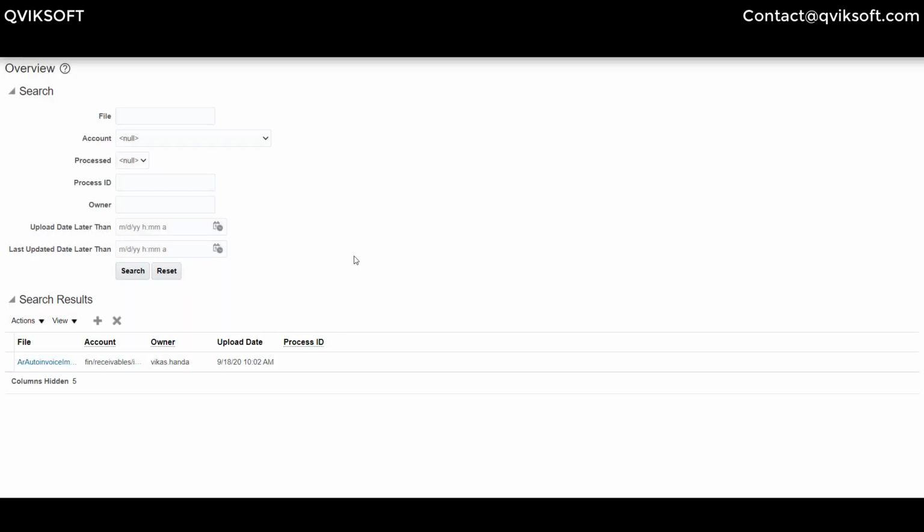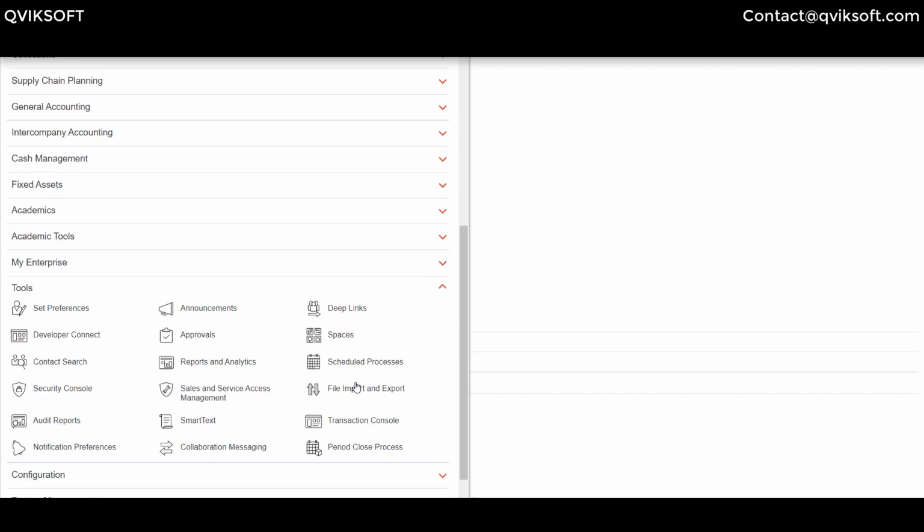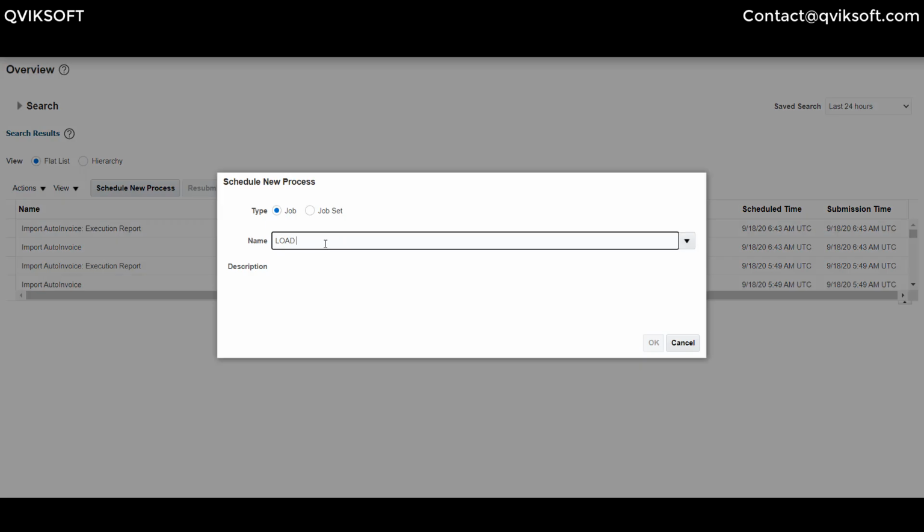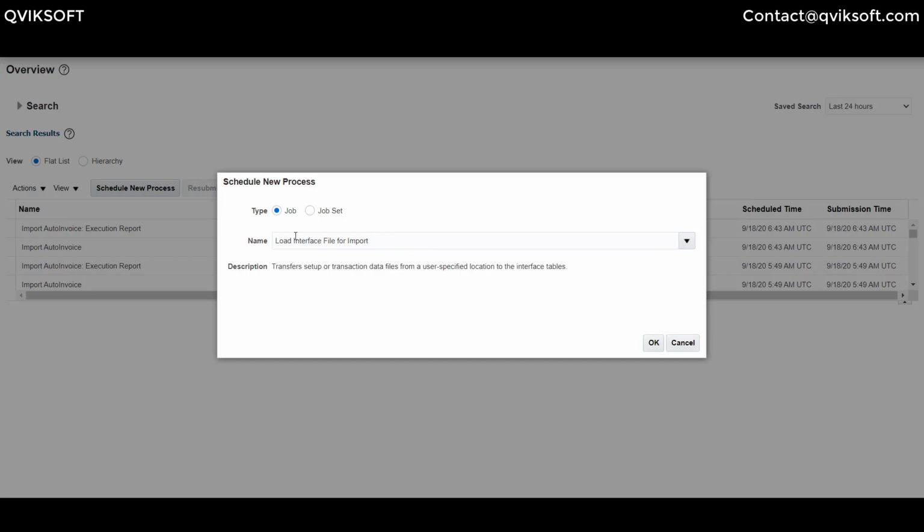Now the file load is successful. Next stage after file loading, I go to Navigator again, and then I go to Schedule Processes, and I will have to run a program called Load Interface File for Import. This is the program name. You can also search and pick it from the list of values. I say OK,